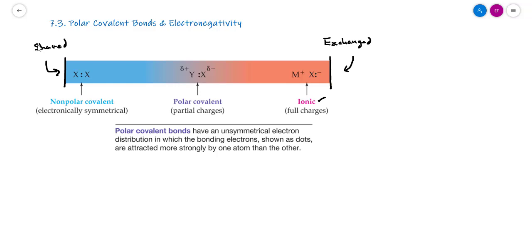This middle ground, where you're somewhere between fully ionic and fully covalent, we call polar compounds or polar covalent compounds. And all that means is that the two atoms that are bonding together have an unequal sharing of the electrons. And so that could be,